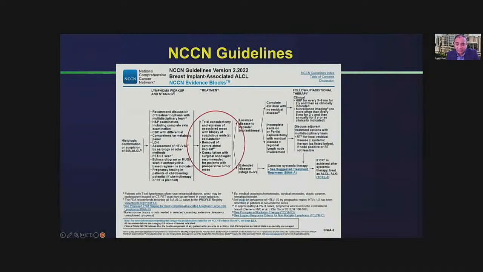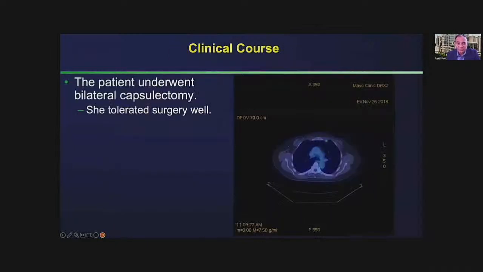Total capsulectomy and excision of the associated mass, with biopsy of the suspicious node and removal of the contralateral implant. And of course, consultation with a surgical oncologist is recommended, in those centers that often have to work in silos, if you will, but the multidisciplinary approach is very important in this case. Obviously, the patient did very well after the bilateral capsulectomy,